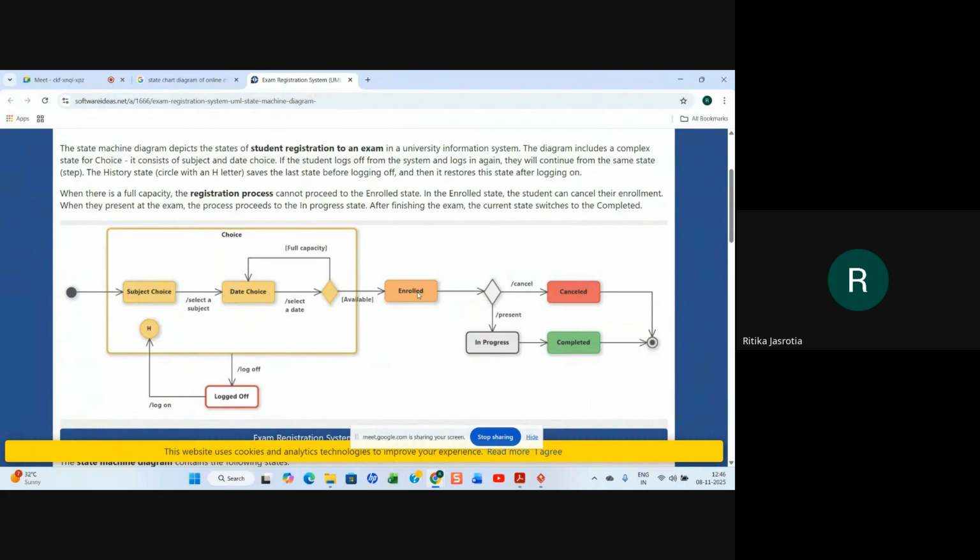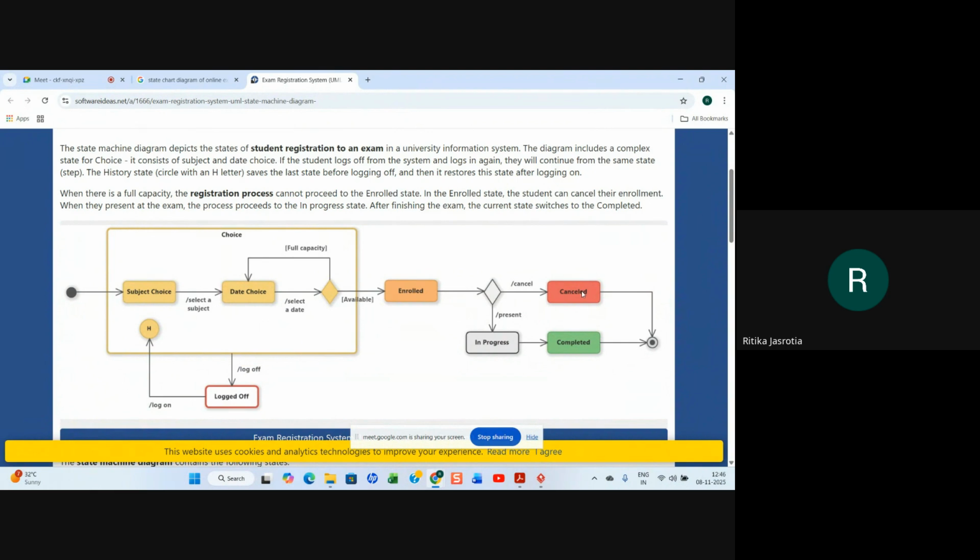If you are enrolled for the exam, you can either cancel the exam or appear for the exam. When you appear for the exam, in process, you will complete the exam and it will stop, or you can also show the result.